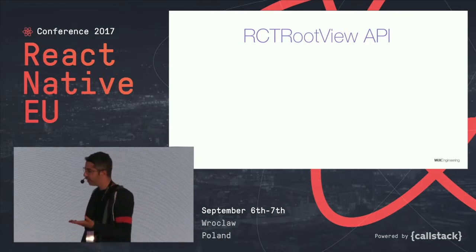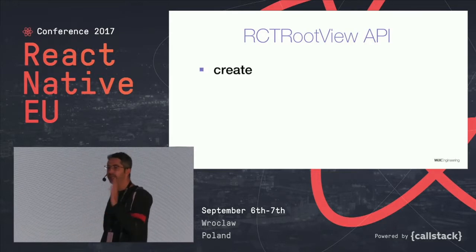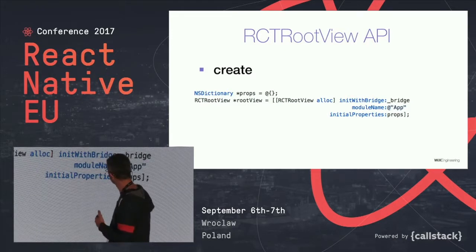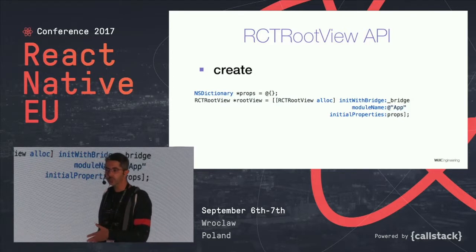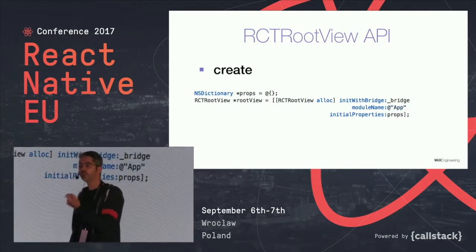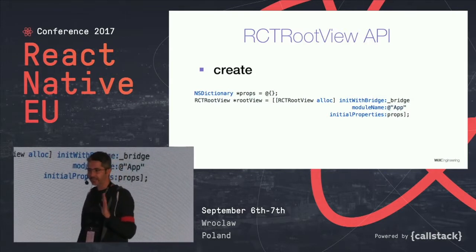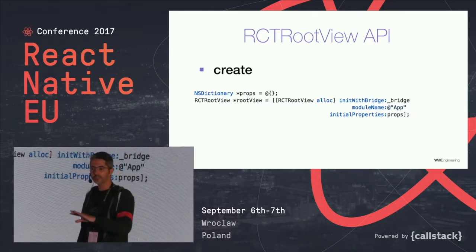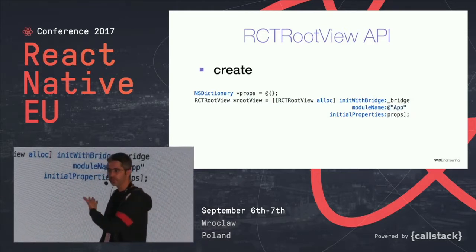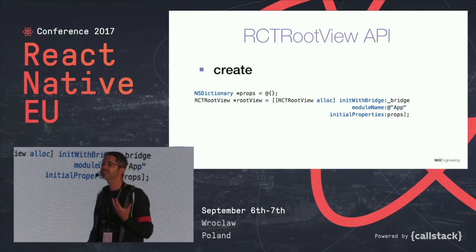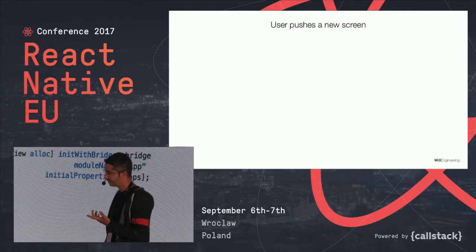And the API for RCT root view is very simple, and it has one main command that you need to know. This is Objective-C code, I apologize if you're not familiar with the syntax. You just create this view, and you pass one main parameter, which is a string, and this is the registered name that we registered in JavaScript before. That's the whole API. It's quite simple. You have this line in your app. You probably didn't write it because the boilerplate you used wrote it for you, but if you look in AppDelegate closely, you would see something very similar to this inside your apps as well.